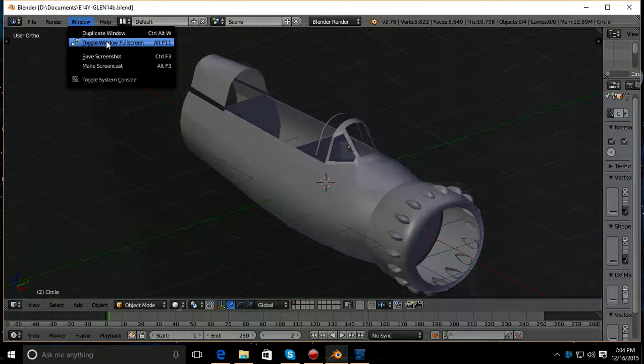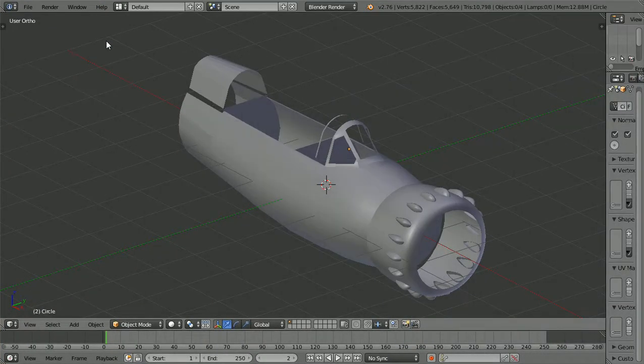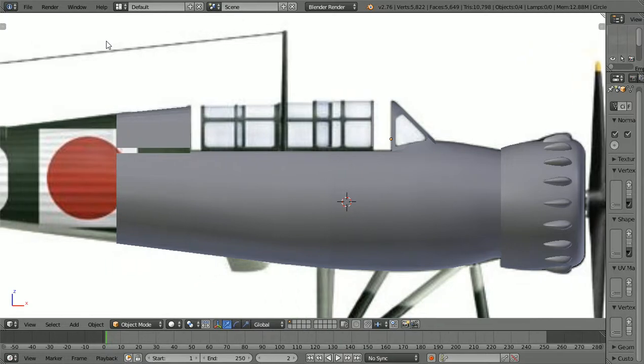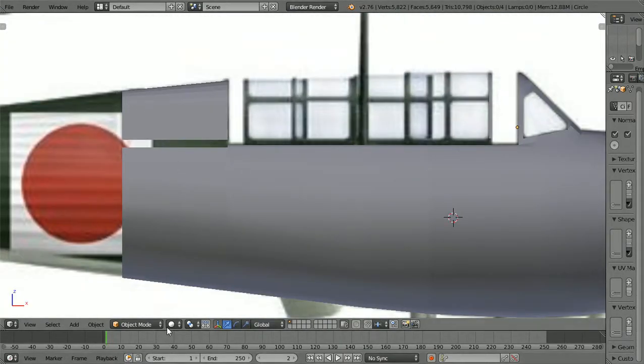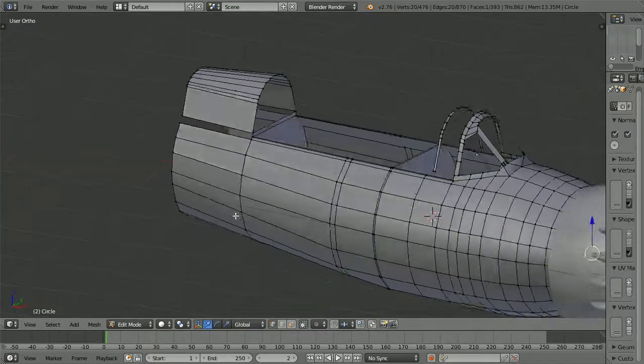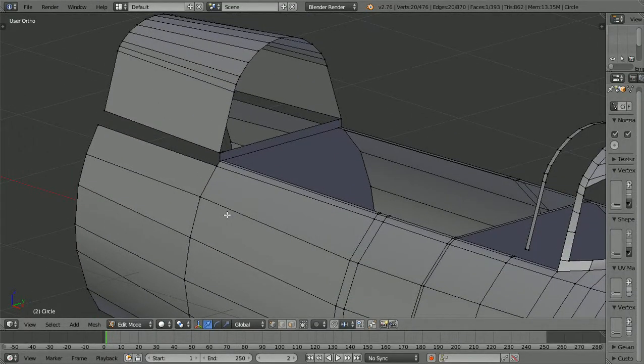Alrighty. Do some more drawing on the airplane. Last time we were working with this little section right here. Let's go to edit. Let's go back into vertice. What I was starting to say is that